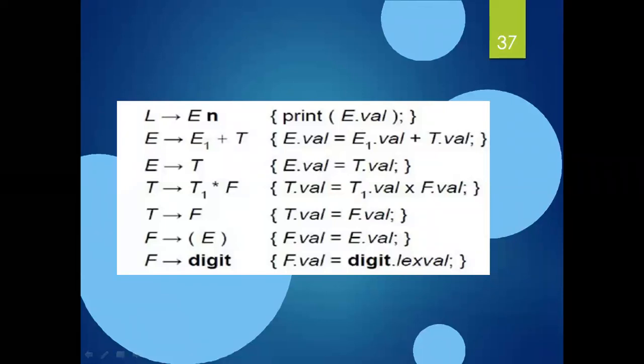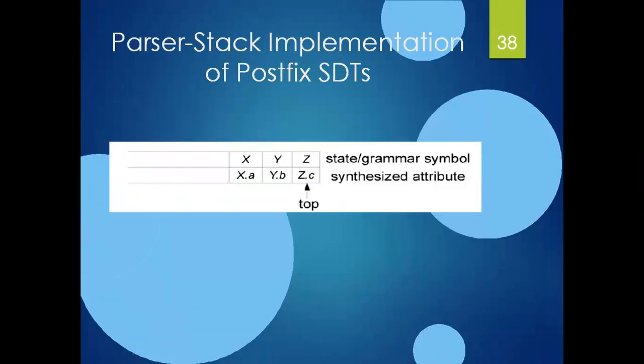And now here I am parsing with a stack. That is, I am implementing the stack. How to implement this stack? Before seeing how the implementation takes place with an example, first there are some guidelines for designing the translation schemes. The guideline to be followed is that for every semantic action, if it refers to some attribute, then that attribute value must be computed before that attribute gets referred. Make a note of this.